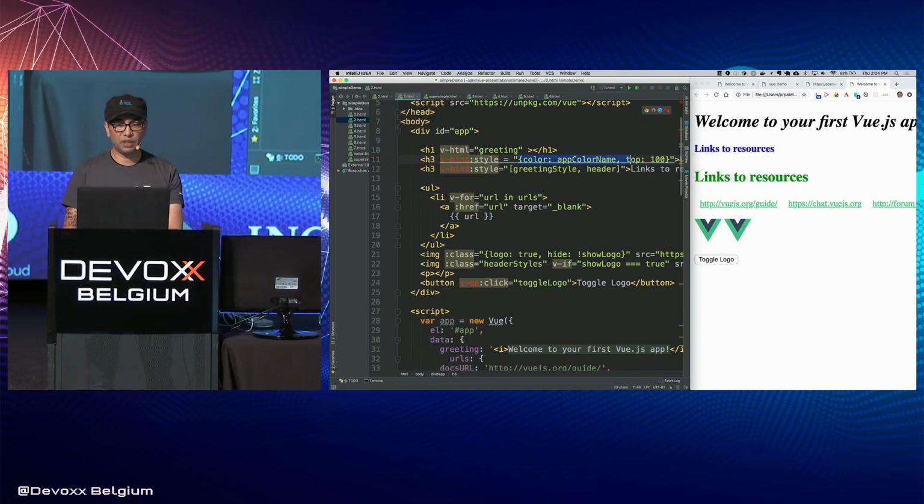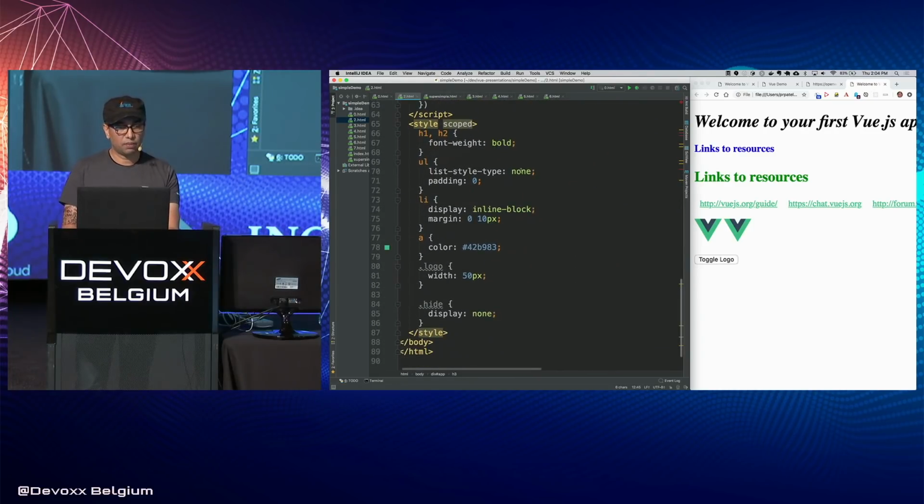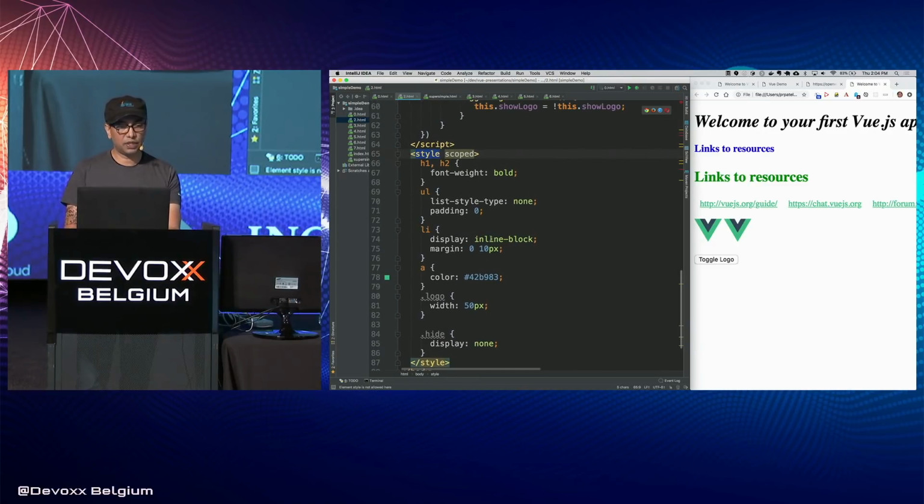So there are two different ways I can define the styles. Here I'm just using a plain HTML object, which is not what we typically do. What we prefer to do is use some kind of array format like this to say these are the different styles that will be affixed to this element. And if we scroll down in our application, okay, you can see we have a style section here,